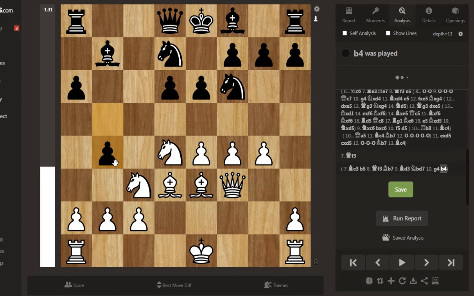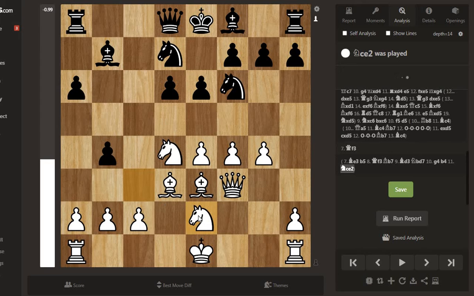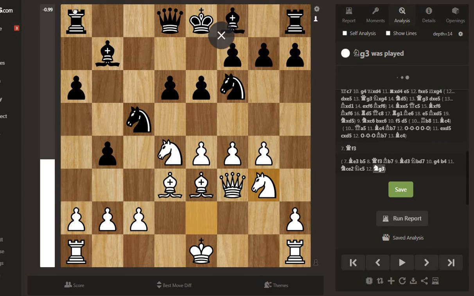After b4, knight c2, e2, and then knight c5, and then knight to g3, and rook to c8, giving extra protection to the c5 knight. Now g5, knight fd7,